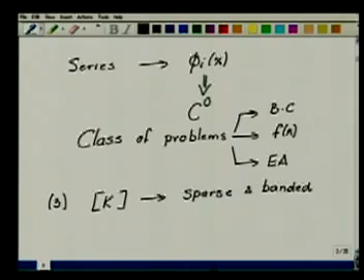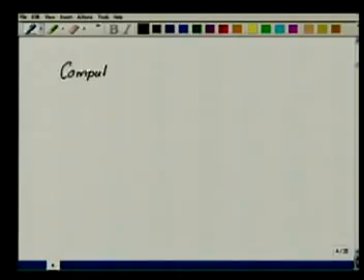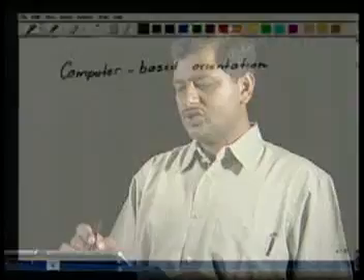So armed with this, today let us go further and see how do we go and do everything from a computer based orientation. Because finally, we are not going to solve this problem by hand. We would like to write a computer program which can give us the answer to this problem. So from this point of view, we would like to go ahead.